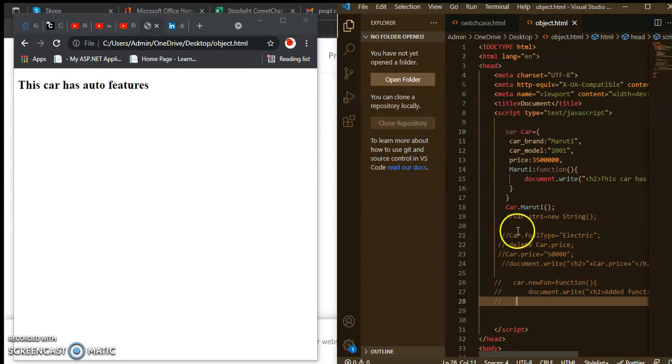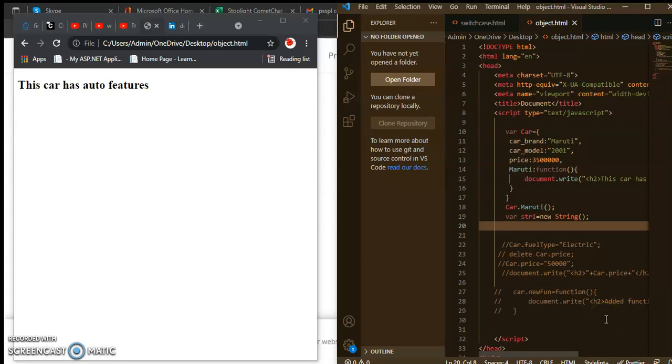Now suppose I create one variable, string1 equal to new String. Suppose I want to check the type of this object. Here I am declaring string1 as an object, because I have used new String. So we will check whether string1 is an object or not.